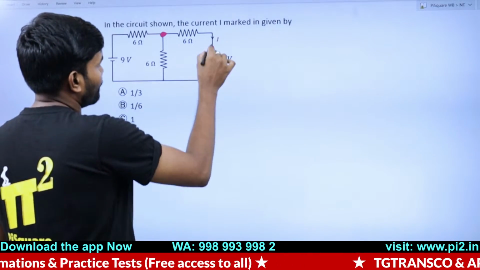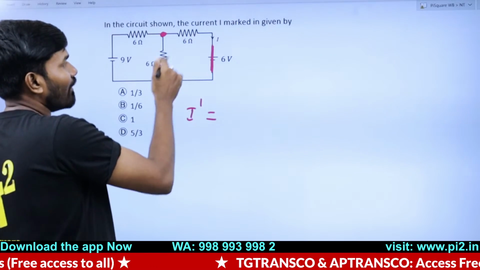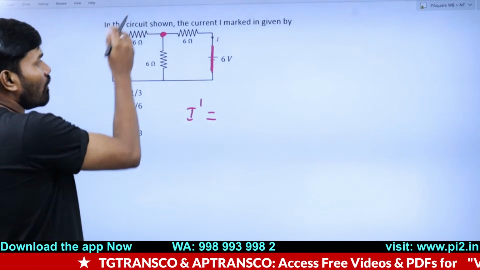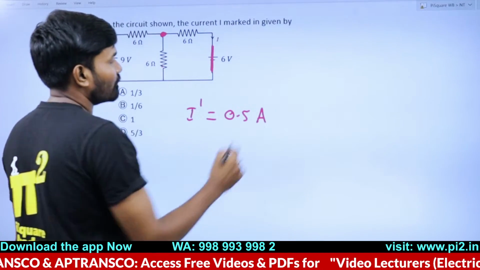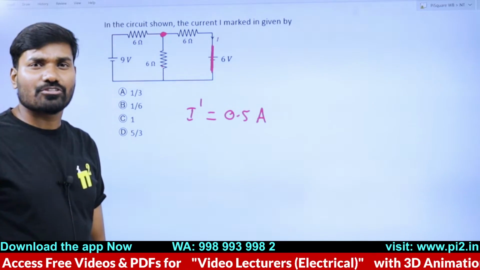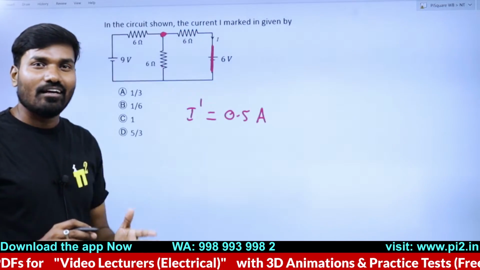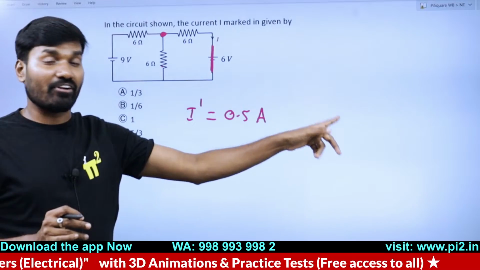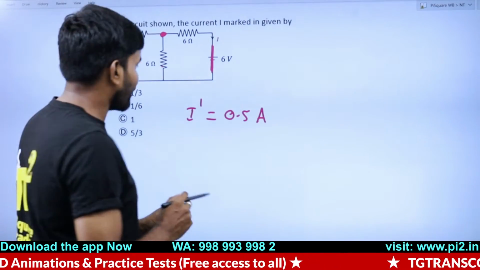Superposition, I'm just short-circuiting this. So I prime is equal to, these two are parallel, 3 plus 6, 9 by 9 is 1, divided between these two, so I prime is 0.5 ampere. Are you guys confused? I just said this is short-circuited, 6, 9 and all. There is nothing to get confused if you know the concepts I taught in the free videos of network analysis. Very easy, guys. Try it out.